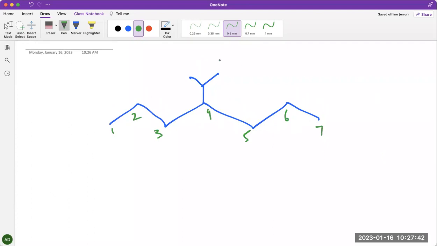The point is, what is this guy? So this is your substituent, right? But what is the substituent? We have seen methyl, we have seen ethyl. This has 3 carbons. So you might want to call this propyl, but the thing is, it's not a propyl